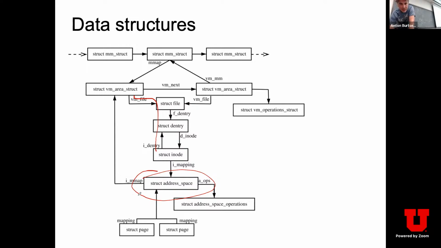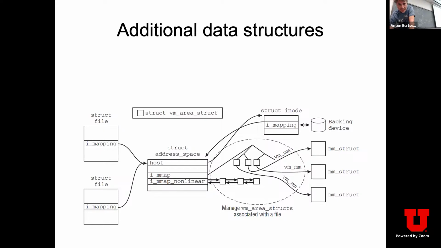Then this one will have this i_mmap field and will essentially lead you back here. At a high level, what happens is that the i_mmap field itself points to a tree. I was talking about a different red-black tree, but this tree is called a priority search tree. Again, there is a paper which describes how this priority search tree works. It's not exactly the same in the Linux kernel, but at a high level, it's a data structure which